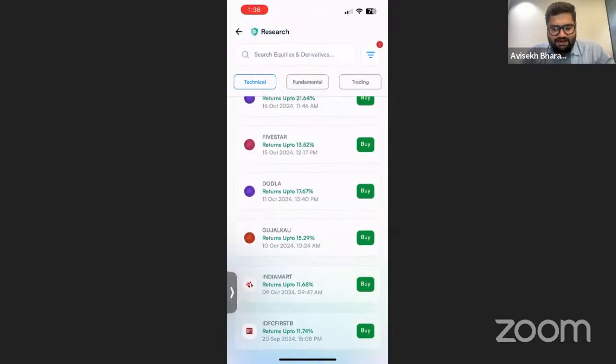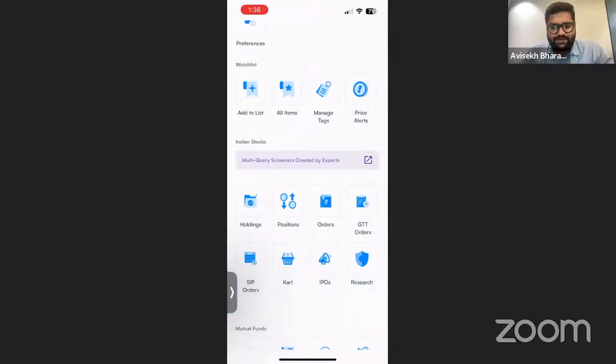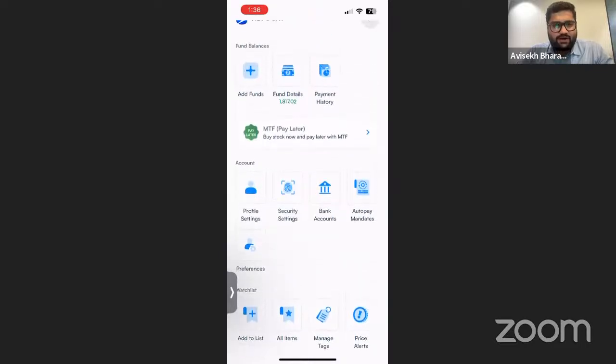So I think till here, this is the app. This is a section which you need to explore. You will get the return percentage as well, and you can decide which stock to buy, and accordingly you can decide on the MTF interest rate also. And MTF dedicated research calls is also what we are sending to you all, so you can benefit from there as well. Now let me move back to the presentation.